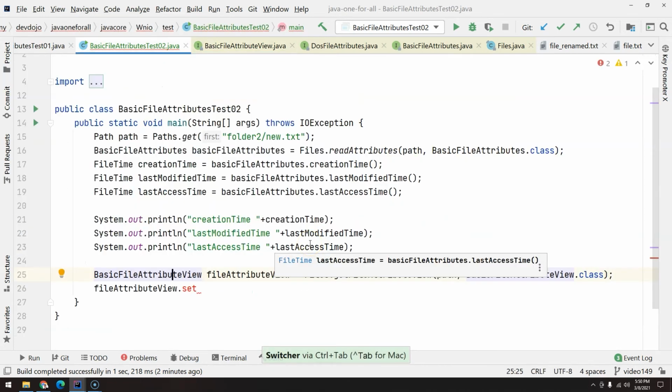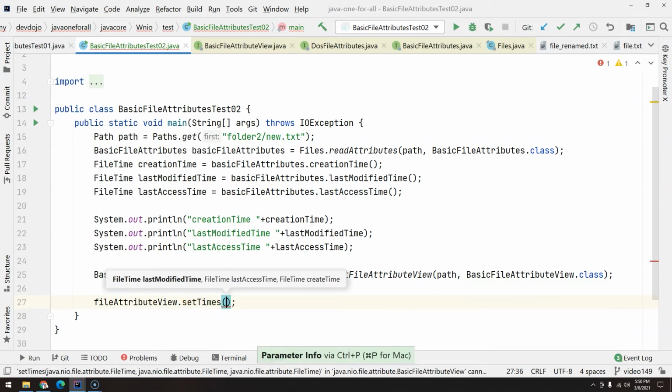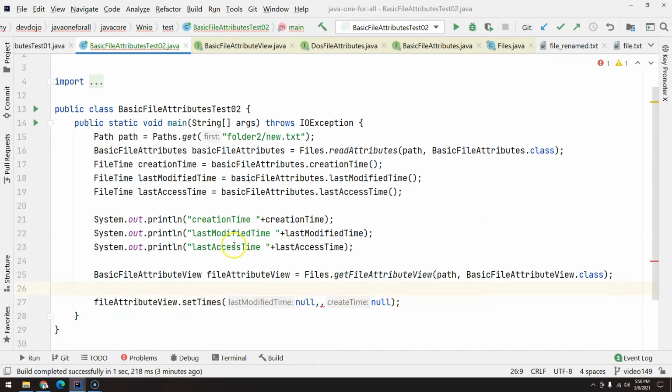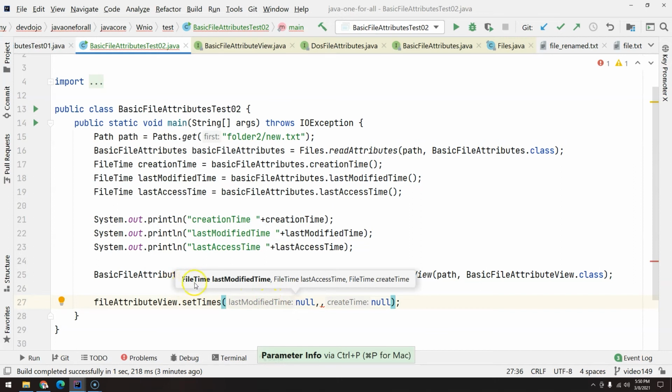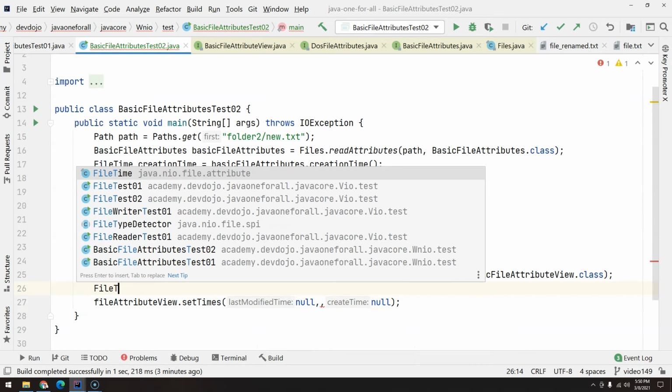Let's say I want to change the last access time. Now, if I don't want to change the last modified, no. Last access is what I want to change. Creation time, I don't want to change. Now, for the last access time, what can we do? We can do the following. We need a FileTime. All of these, they are FileTime. They are not date time or local date time. So FileTime,